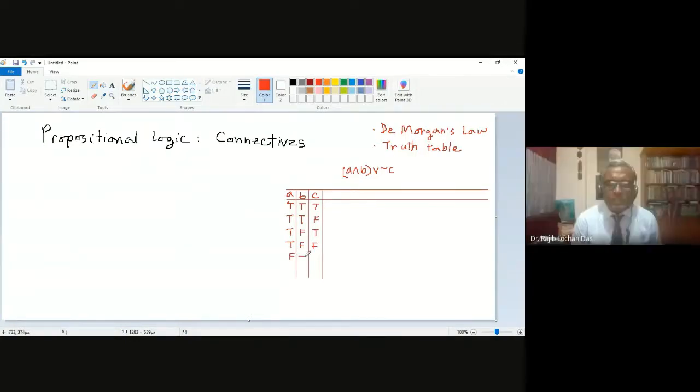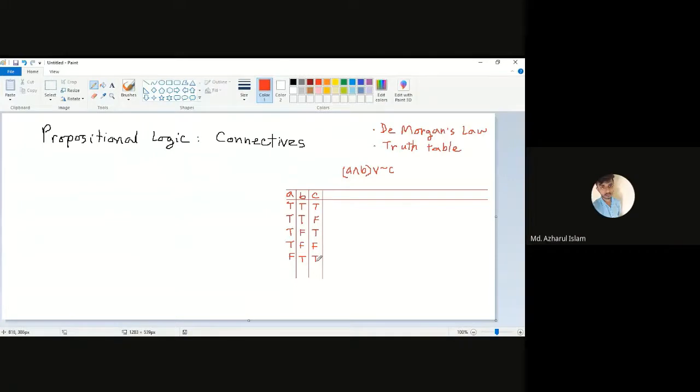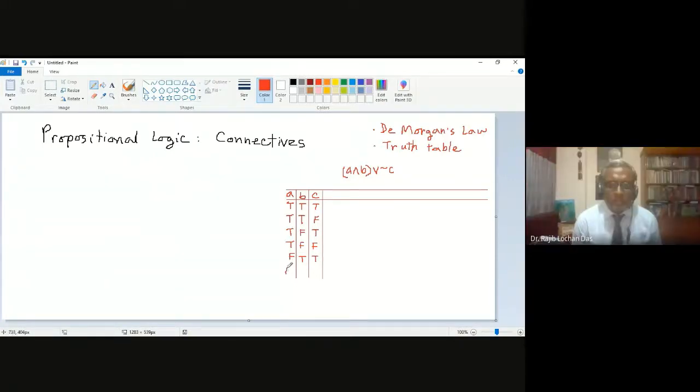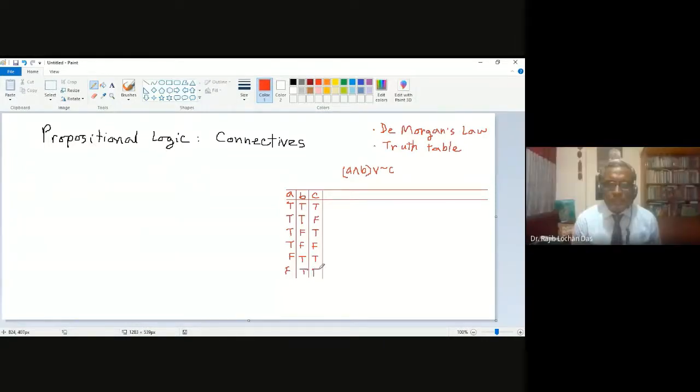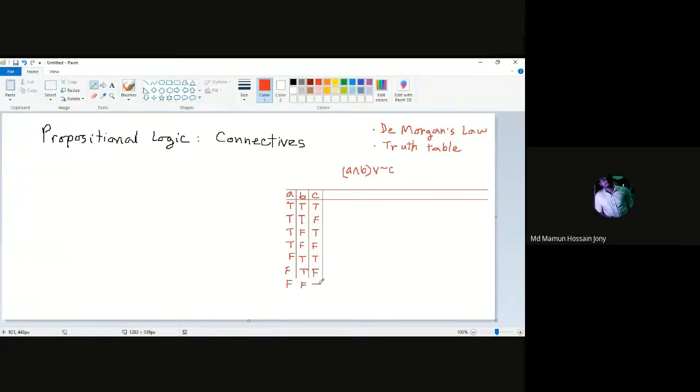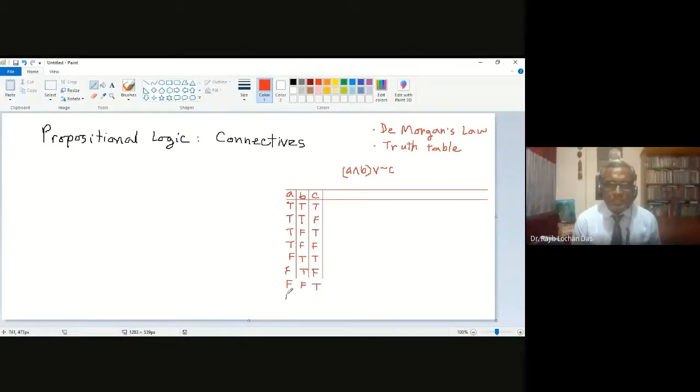Yes, sir. Then F, F, T, and then F, F, F. These are the 8 combinations. These are the 8 combinations, right? These are the 8 combinations, and you can